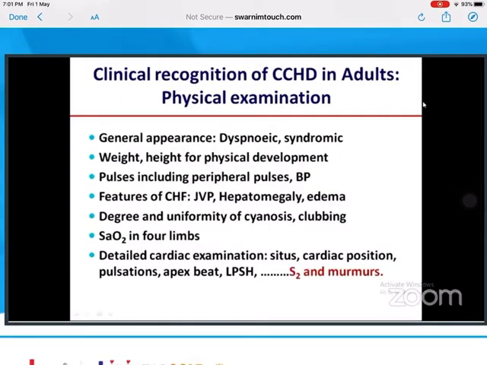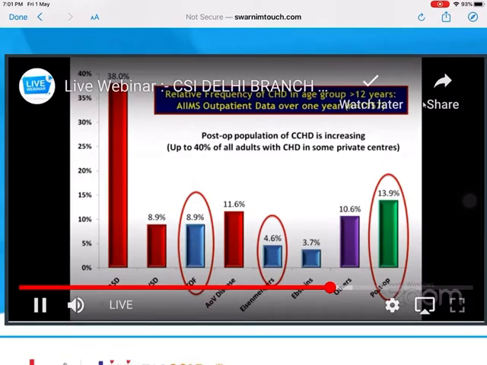On examination, again, general appearance, physical development, because in straightforward tetralogy, you don't really